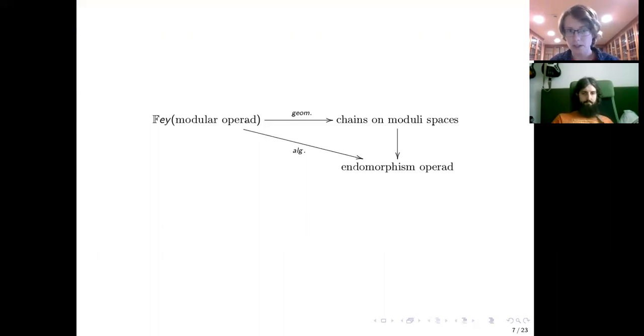And what one can realize is that we actually have underlying a structure of modular operads. So the geometrical could be seen as you have the operad morphism from some Feynman transform of a modular operad to the chains on moduli spaces. And these formal functions can be seen as that you have the operad morphism to some endomorphism operad. So this would be the algebraical level. And now the question is, what could we do to capture the whole structure, the Batalin-Vilkovisky structure on this endomorphism operad or on this